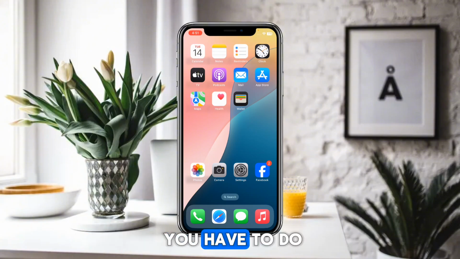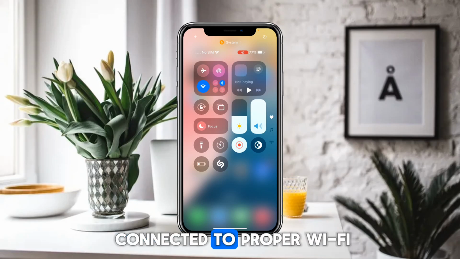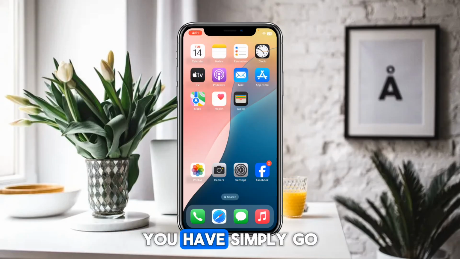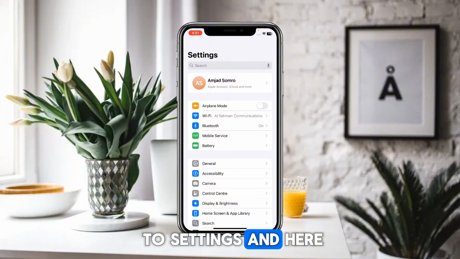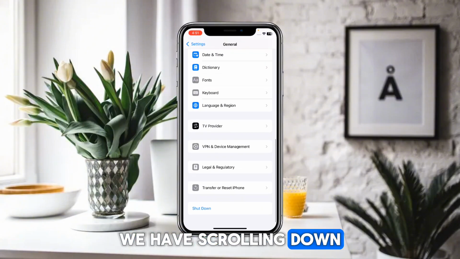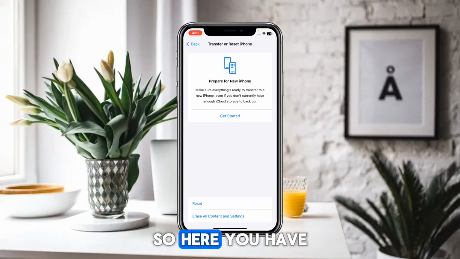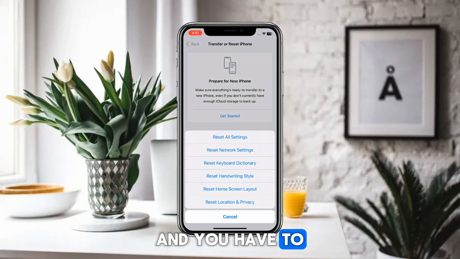So first of all, you have to make sure that you are connected to a proper Wi-Fi or internet connection. And after that, you have to go to Settings. And here you have to go to General. And here you have to scroll down until you find the option of Transfer or Reset iPhone. So here you have to click on Reset and